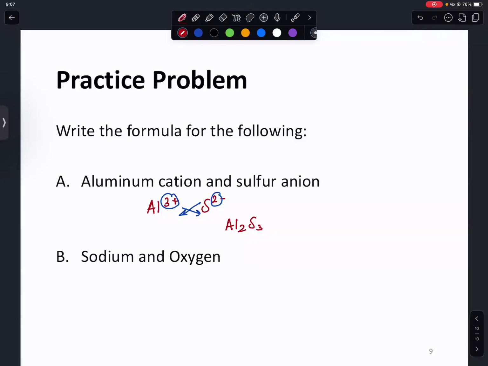Sodium and oxygen, Na plus, O2 minus, crisscross, we have here Na2